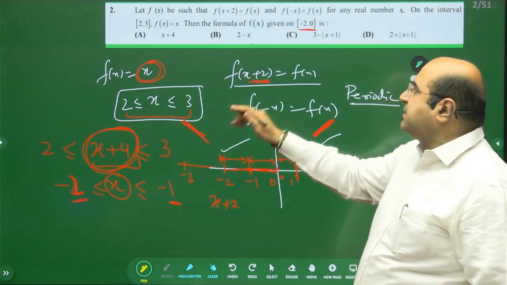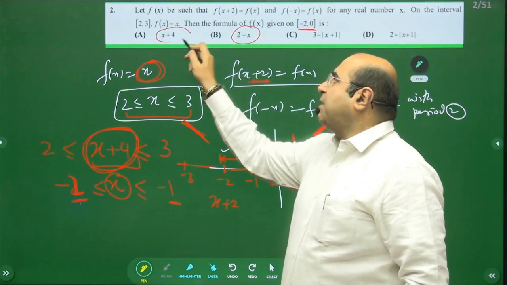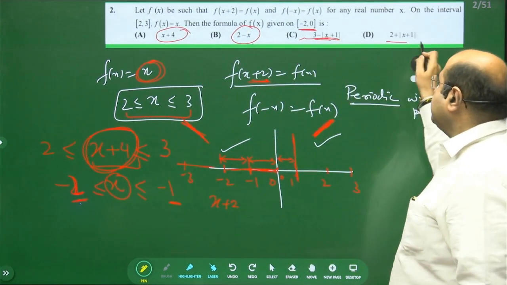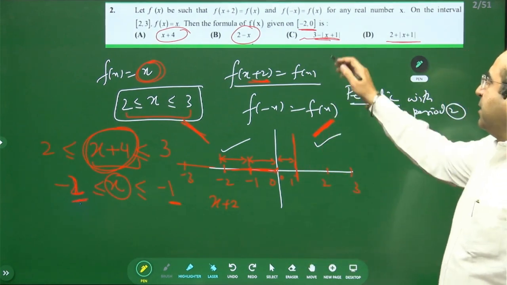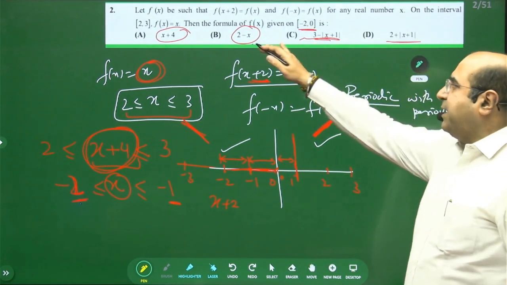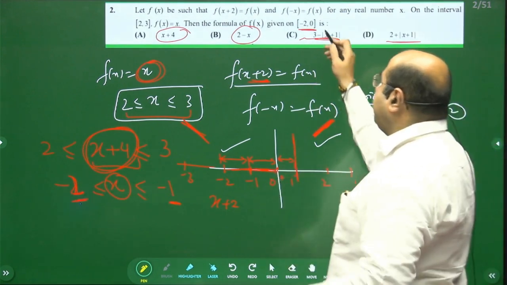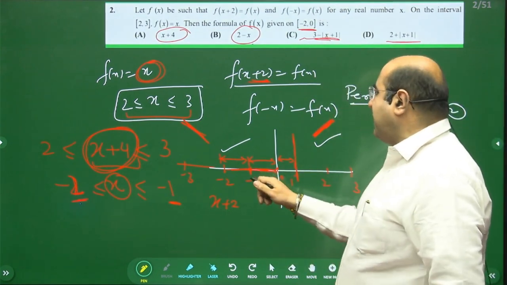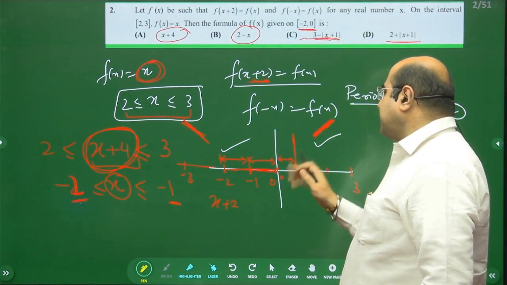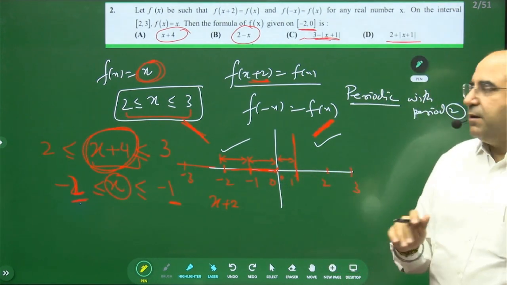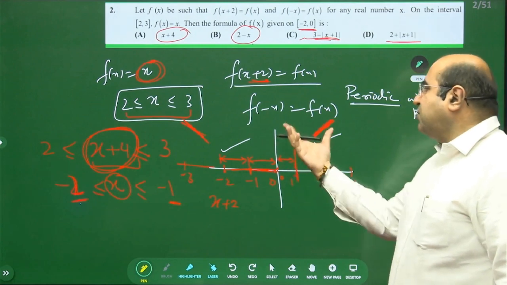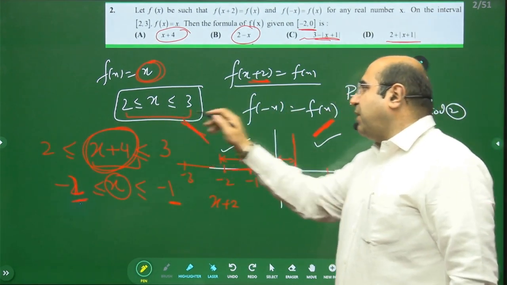Or if you don't understand this, better go from the options. That will be the best way. If I take any one option, I have to see that whatever value I get between minus 2 to 0, its mirror image should lie between 0 to 2. Isn't it? So what is the value in 0 to 2? I'll get it. First of all, I'll make up